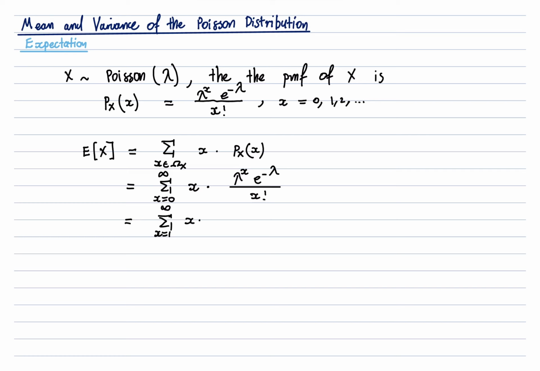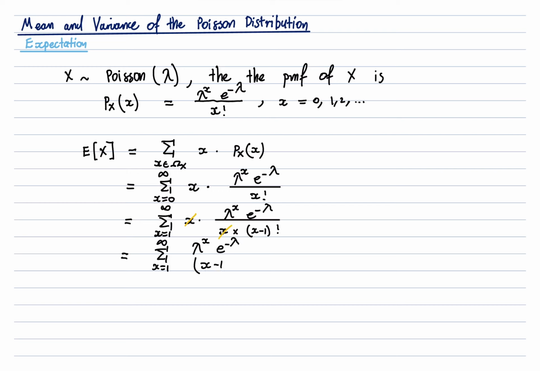Then we still write our expression times lambda to the x, e to the negative lambda, and I'm going to be a bit particular about the value of the x factorial, because as we know, x factorial can be written as x multiplied by x minus 1 factorial. And that's just going to allow us to cancel the x's in the next step. So let's do that in a more simplified manner. We've got the sum from x equals 1 to infinity of lambda to the x, e to the negative lambda on